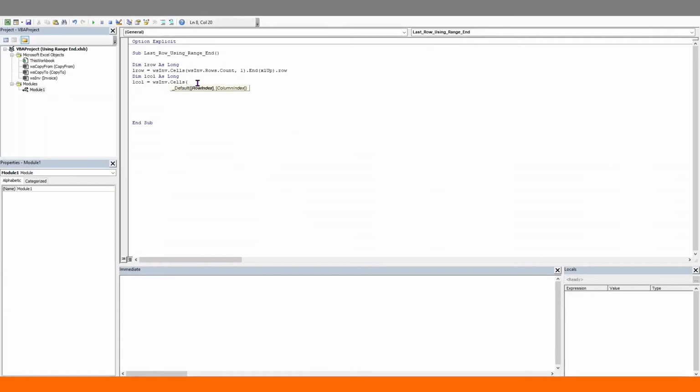So our row index will be row number 1 and the column index will be the total number of columns in the invoice worksheet. And we're going to do control left. So that's Excel to the left. And this time we're after the column.